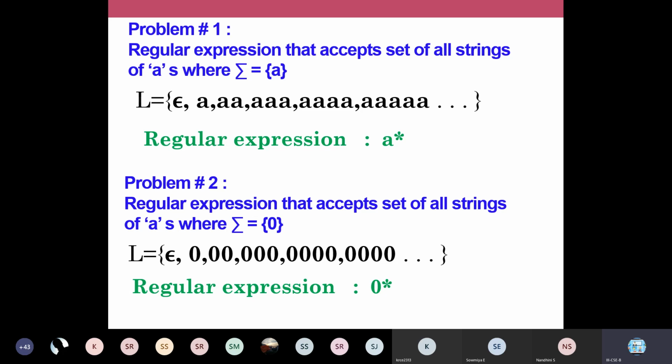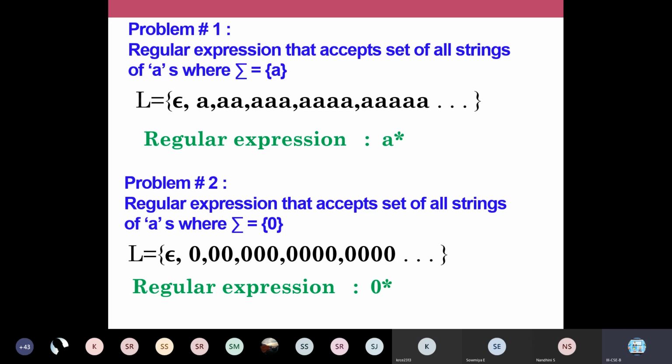And A power 1 denotes one occurrence of A. One time I pick out that A and write it, so that is the string A. If I write A power 2, writing 2 in place of star, it defines 2 occurrences of the symbol A, so the string is AA. Similarly, if you write 5 in place of star, it is A power 5, meaning 5 times we write A, 5 A's. That is available in your language. So that is the definition of a star.